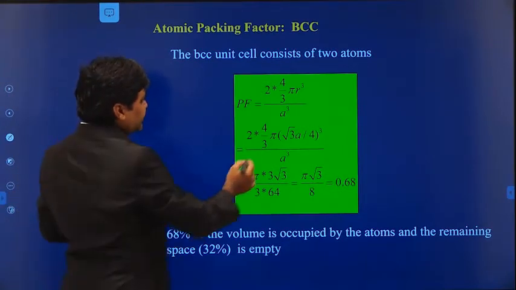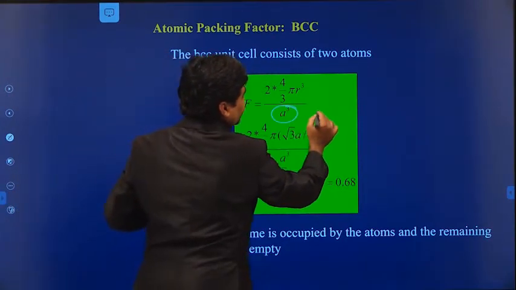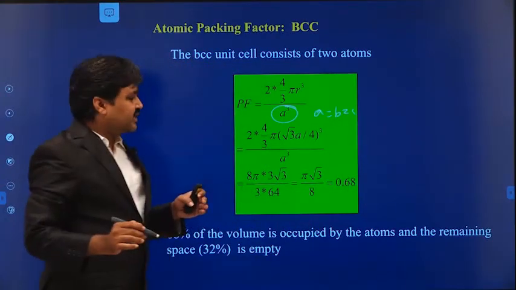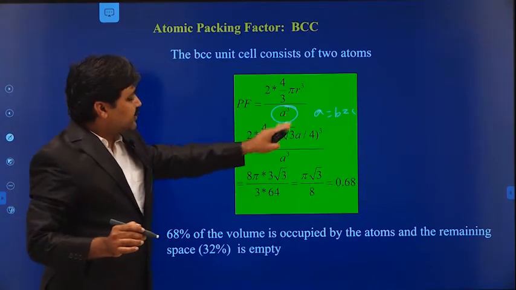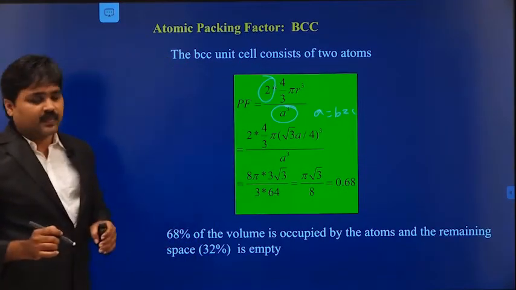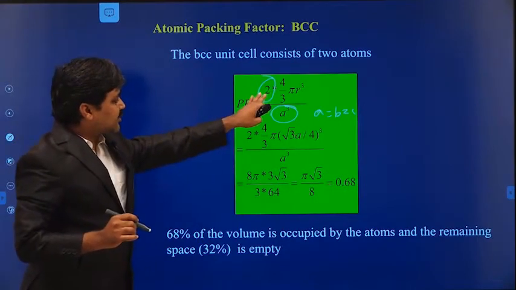So the volume of the unit cell, since it is a cubic unit cell, A equal to B equal to C. All the sides are equal, so its volume will be A cube. Since the body center atom contains 2 atoms, the volume of each atom...